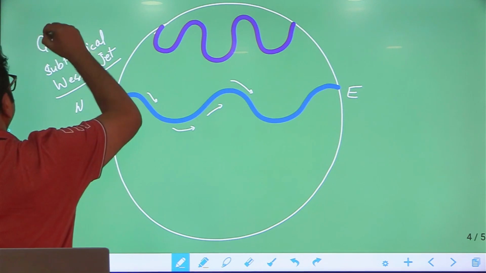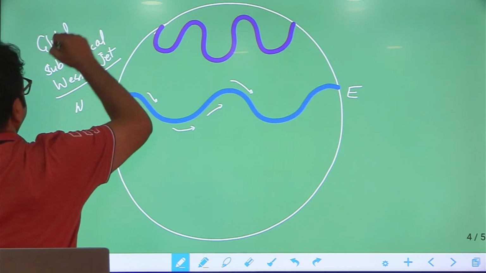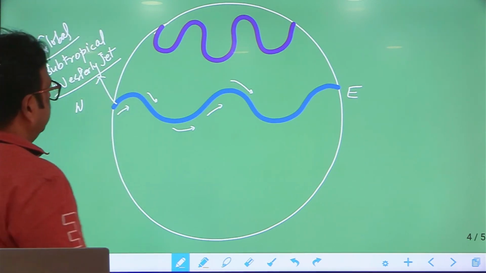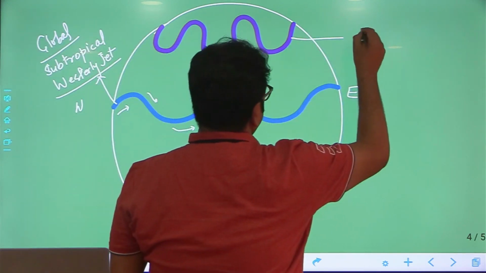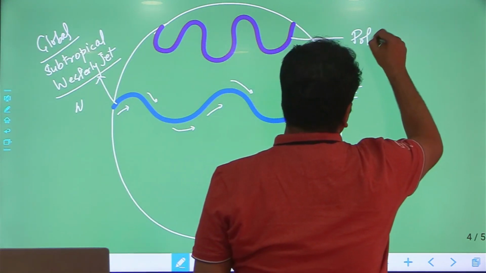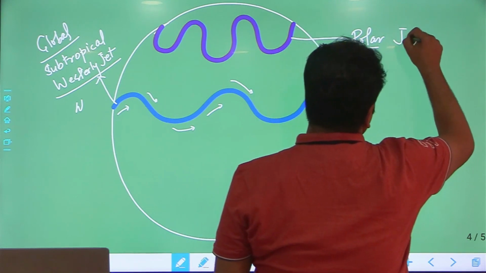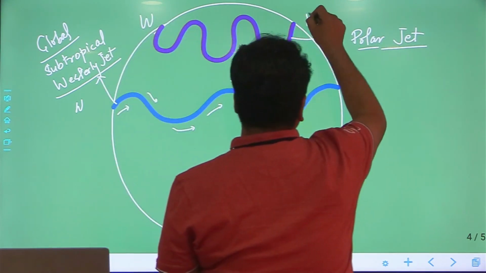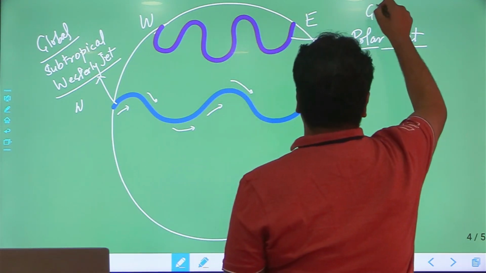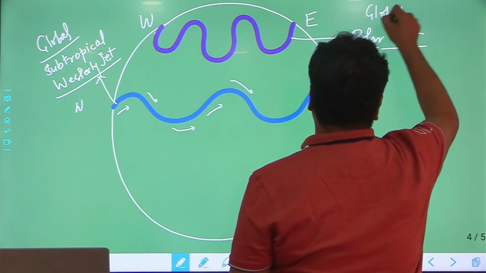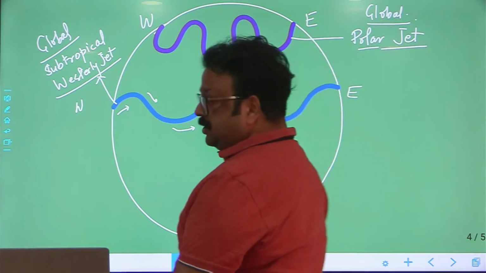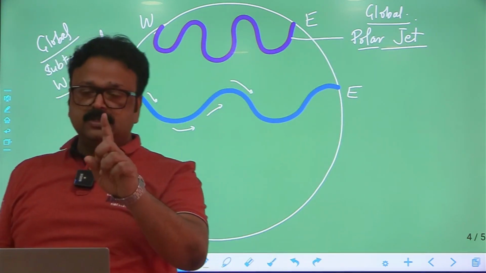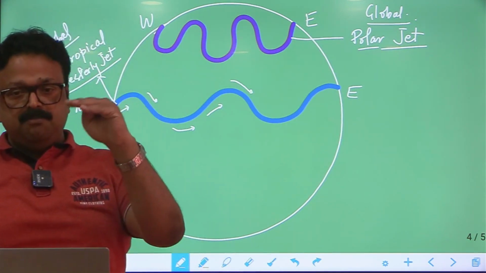It is global in nature, throughout the earth it is blowing, and this is called the polar jet. Again it is also blowing from west to east, and this is also going to be global, fine. So these are the jet streams, and they are not moving in a straight line, they are meandering,